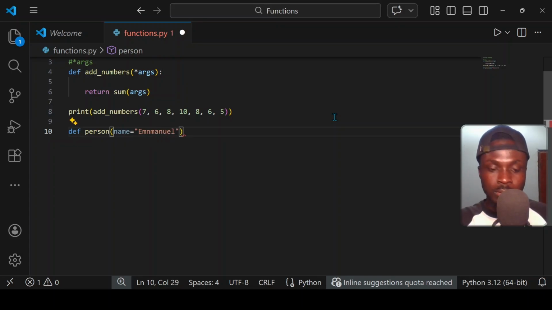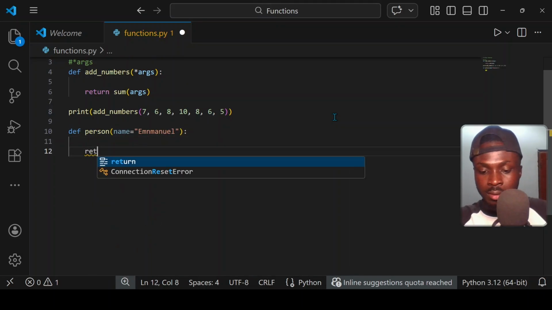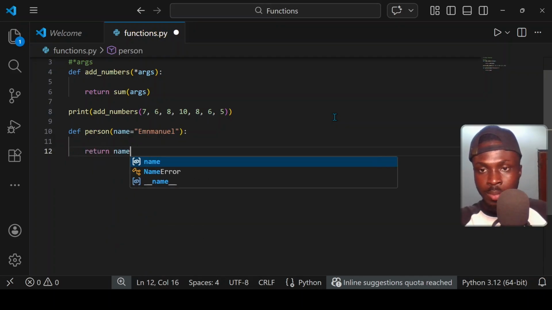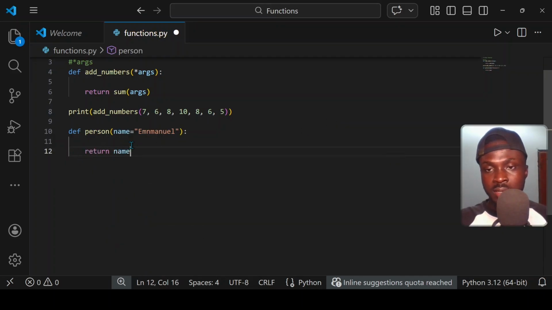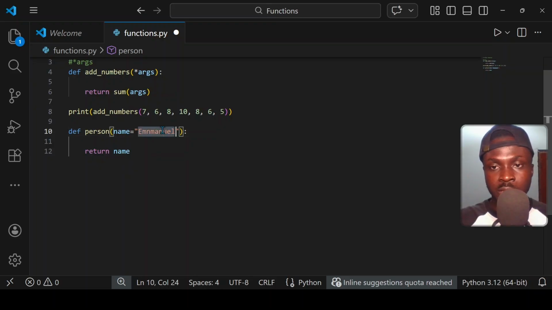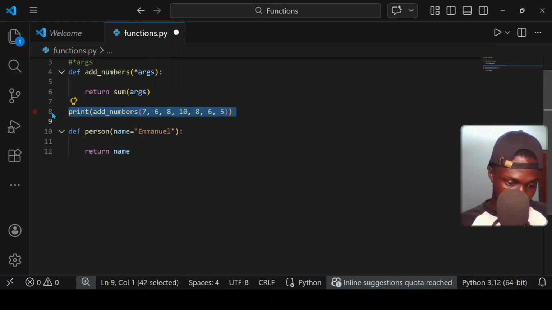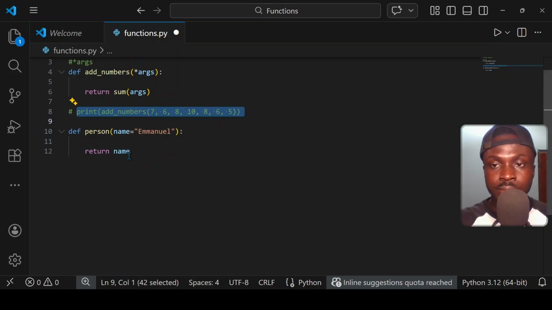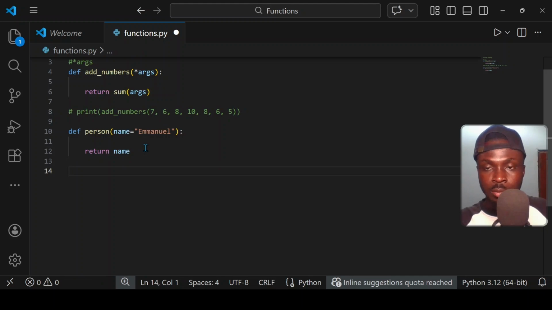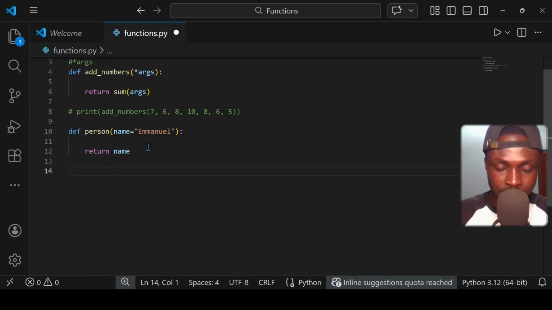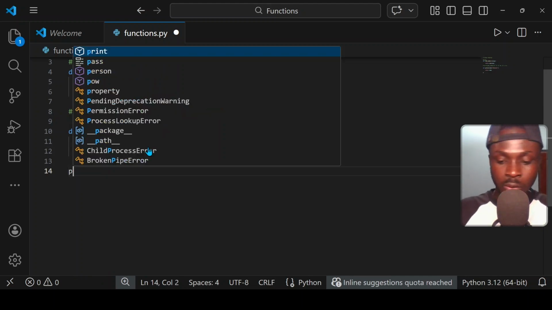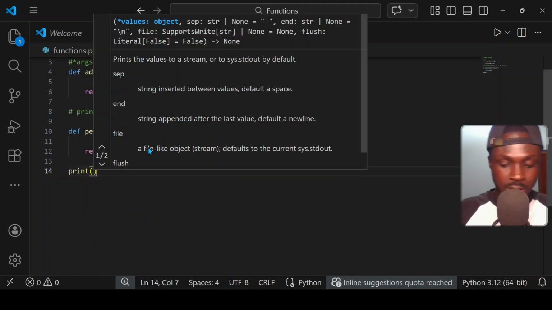Okay. Now if I return name, whenever I call this function, it will return Emmanuel. Okay, so let me clear this. For now, let me comment this out, and then let me call the person function. Whenever I want to print the person function,